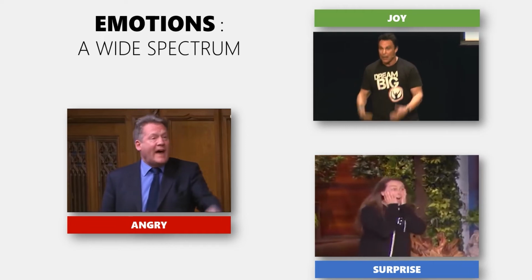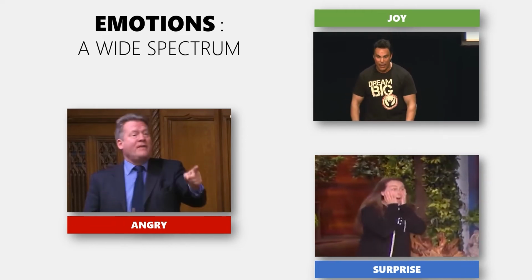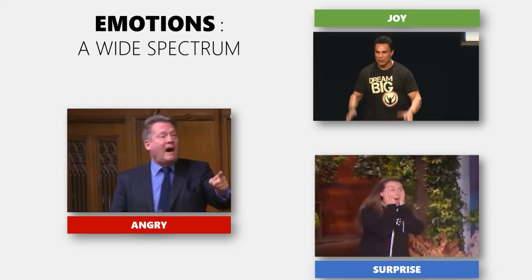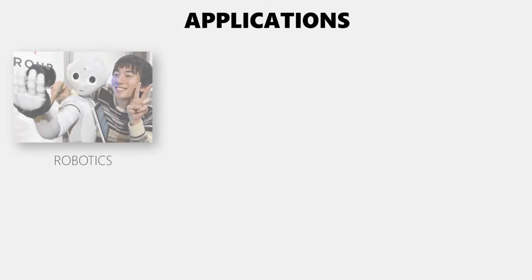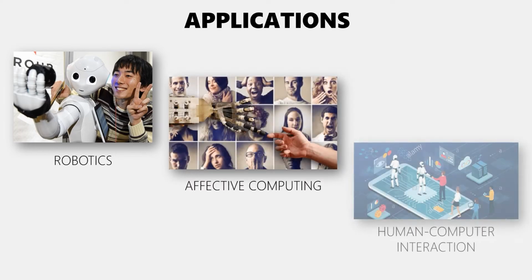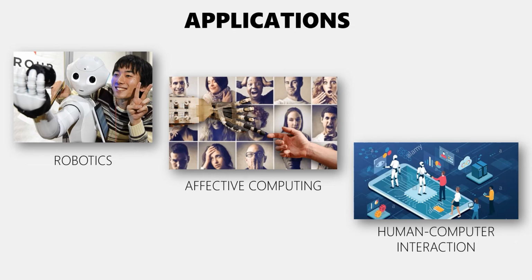In our everyday life, we see humans emoting their responses through gestures, and these emotions may be anger, sadness, or surprise, to name a few. Emotion recognition has a wide variety of applications, such as robotics, building more emotionally aware machines, affective computing and human-computer interactions, and developing more human-like systems for our use.